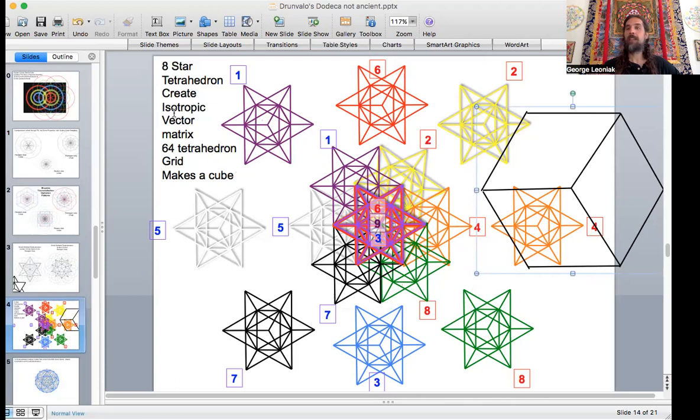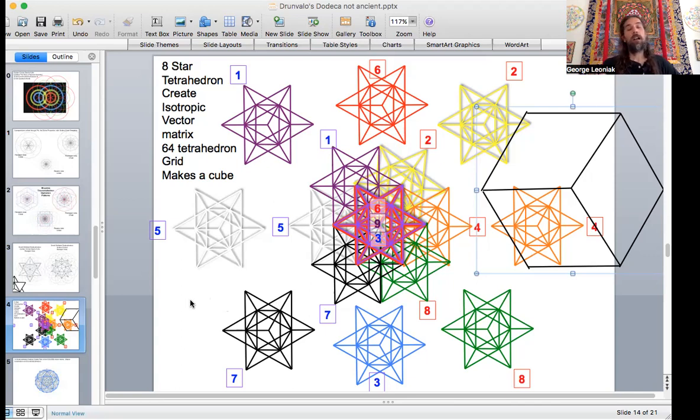Isotropic means the same measure or the same length in every direction. So all these edge lengths of the tetrahedrons are the same, and how they meet at the center. In those early videos, I really liked working with the Vedic mathematics and how all the numbers would match up and everything would add up to 9, and 3, 6, 9, and all the Tesla stuff. Check out those earlier videos. They're really fun, and it was really foundational to helping me perceive sacred geometry three-dimensionally as well.